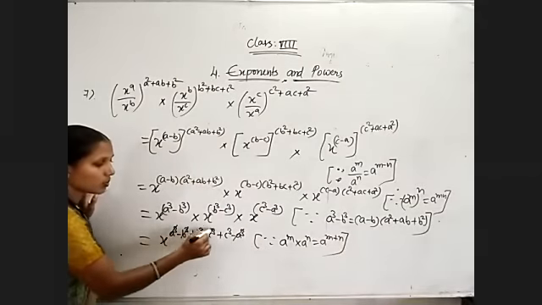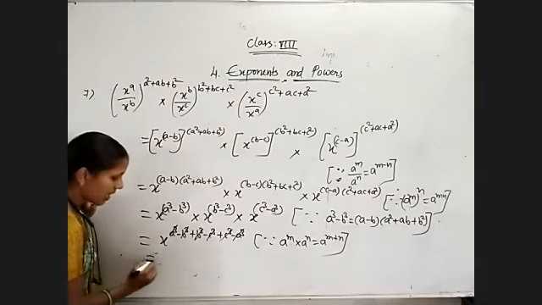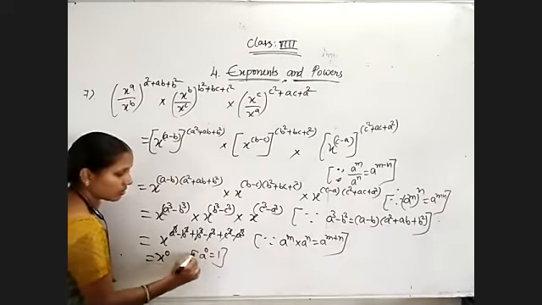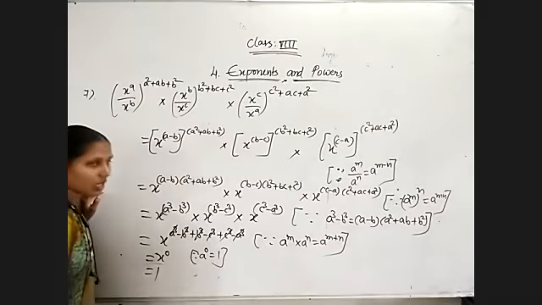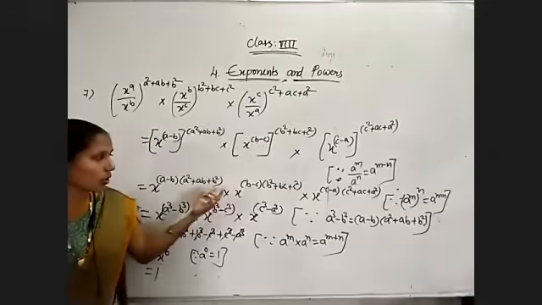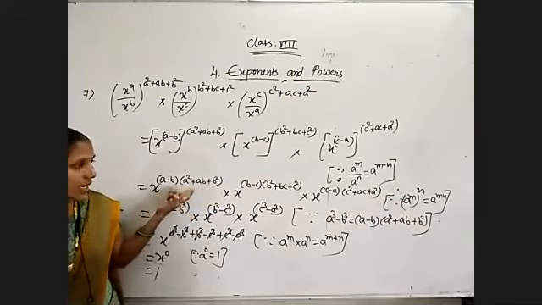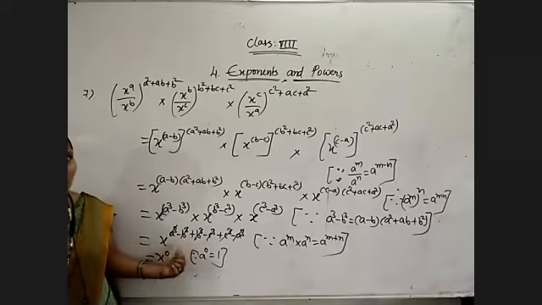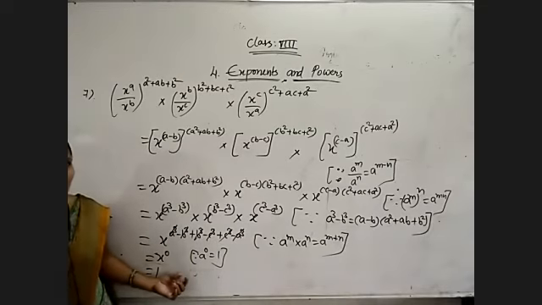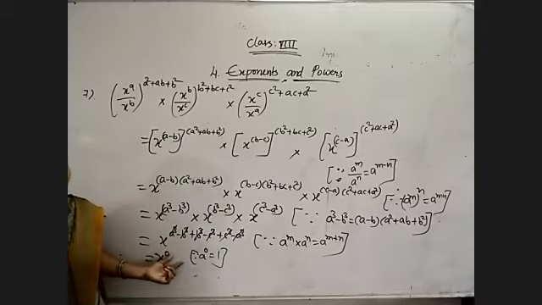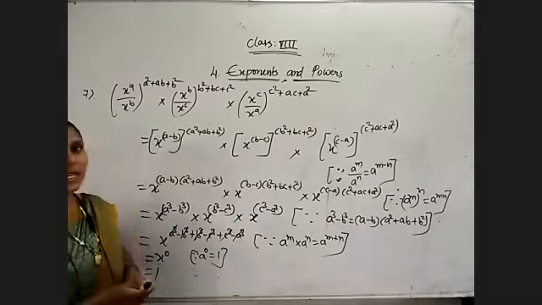C cube, b cube, c cube will get cancelled. X power 0, any power 0 is equal to 1. Therefore, x power 0 is also equal to 1. So here different formulas we have used. If you don't know that formula, elaborate each and every term and add them. Again, each and every term will get cancelled. You will get the sum of those terms equal to 0 in the exponent. So any power 0 is equal to 1. Okay, once again I am telling.